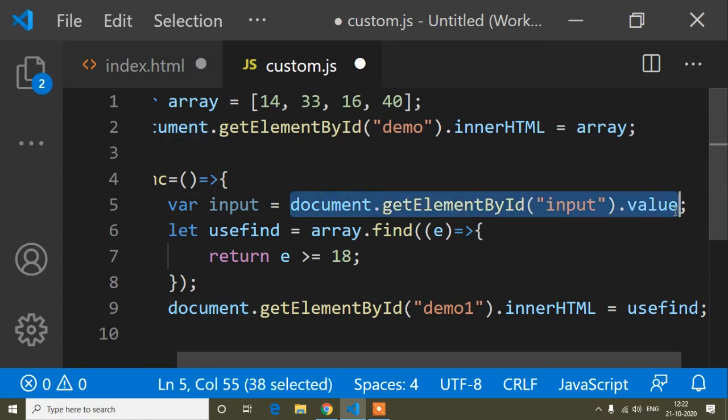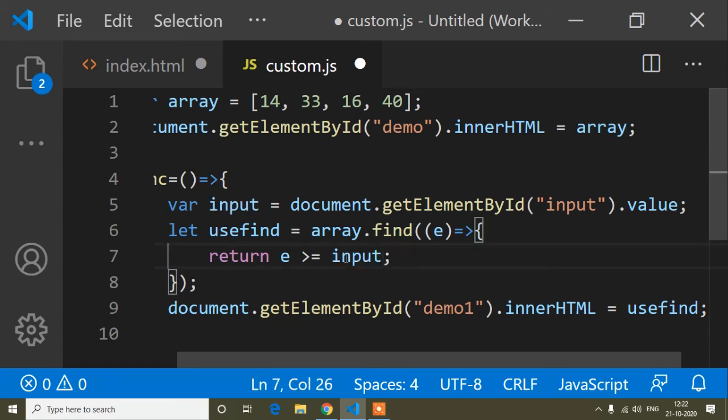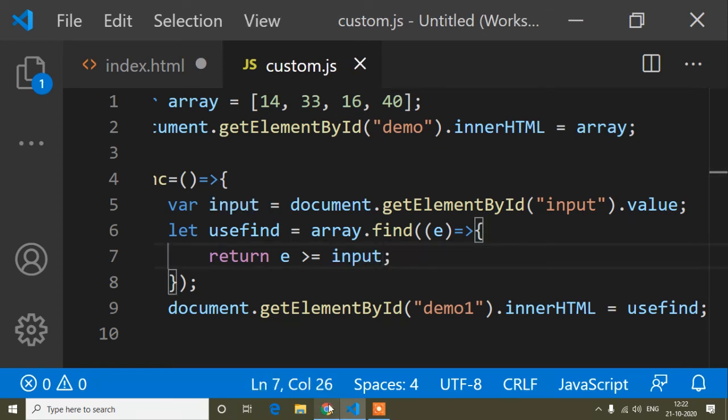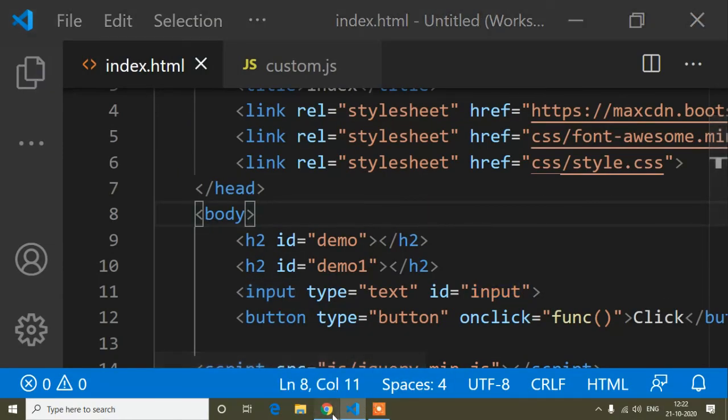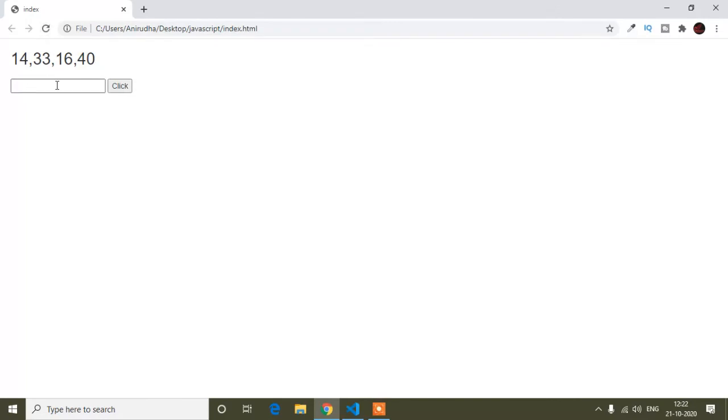Now this input variable stores the value I put in the input. I will copy this input variable and put it here instead of 18, then save and refresh. Here you can see the input.